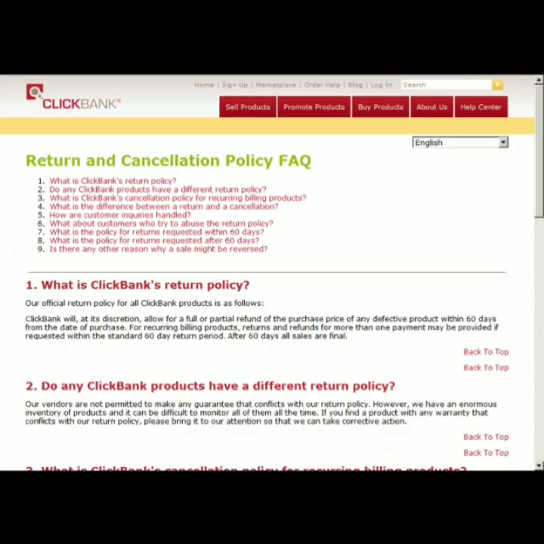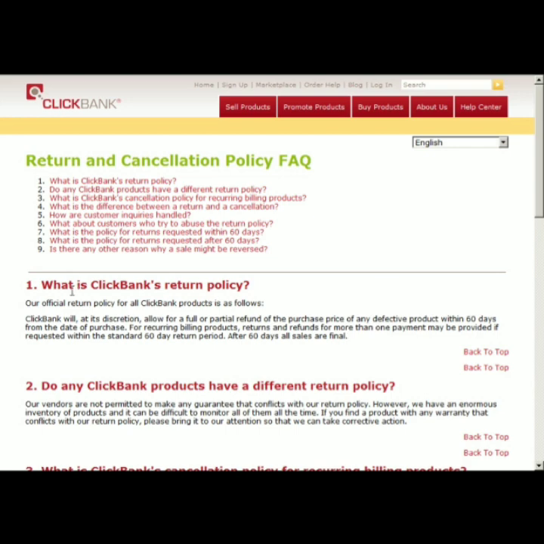Now the last thing that you want to add to the pitch page is the money back guarantee, which means that if somebody purchases your product, then if they want a refund within 60 days, you are going to have to give it to them. Because if you're going to add your product onto the Clickbank system, Clickbank requires that you give a standard 60-day return. And as you can see, if you go to Clickbank and you look under the refund and cancellation policy,